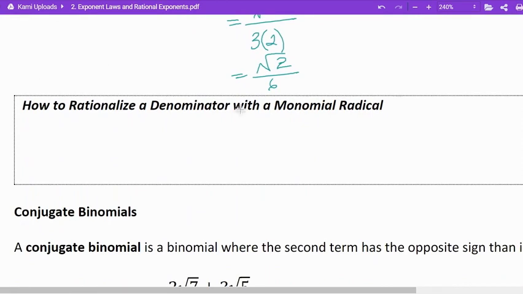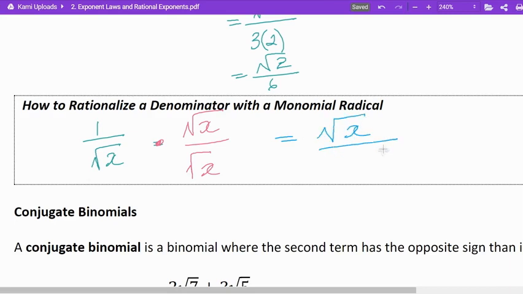So how do we rationalize a denominator with a monomial radical? If I have 1 over root x, we are going to multiply the numerator and denominator by root x, and we end up with root x over x. If this kind of algebraic formula is confusing for you, you can ignore it. If it's easier for you to see just how the numbers work,